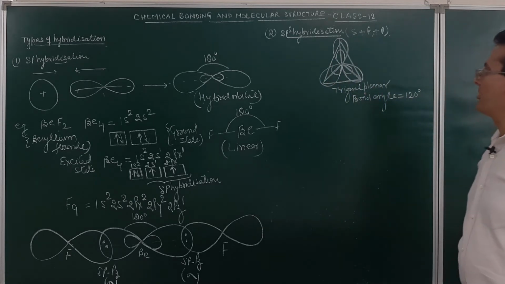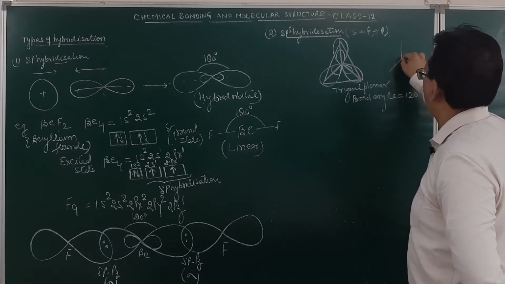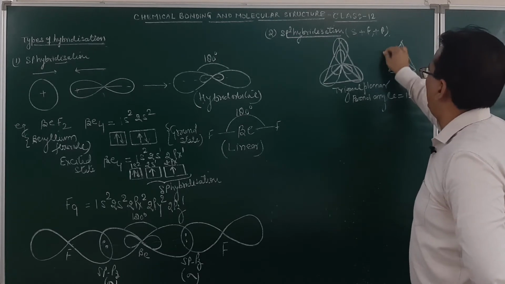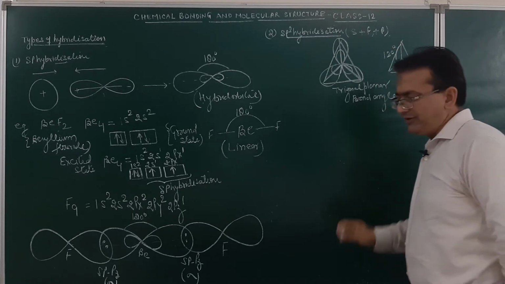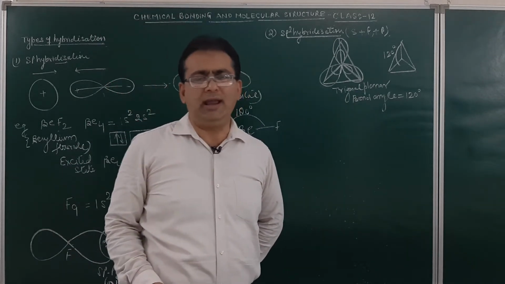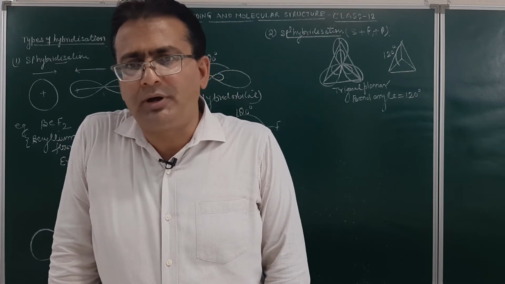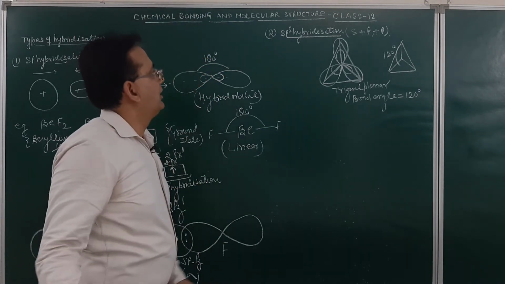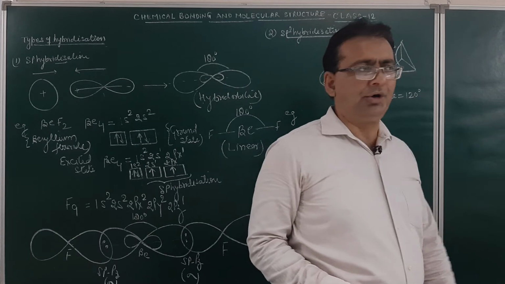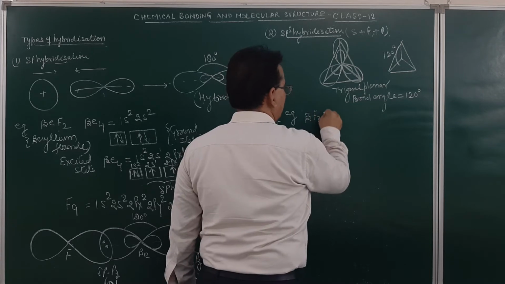Am I clear? Let me try to explain to you. So this type of geometry will be obtained. I think the concept must be getting very clear with this bond angle of 120 degrees. How does it occur? When 1s and 2p atomic orbitals mix together to form 3 sp2 hybrid orbitals, which will orient themselves in such a manner so they adopt a trigonal planar geometry. As for example, if we discuss the boron trifluoride molecule, BF3,